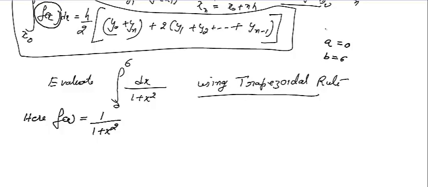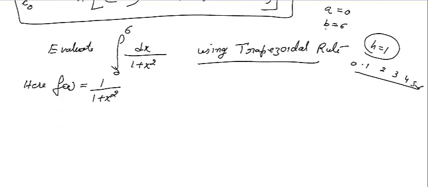Now here you are not given any kind of interval, means how many intervals you will break. Sometimes it will be given in the question. If it is not given, you can do it at your end, but you have to take equal intervals. So we can break into six equal intervals. Okay, so you can take h is equal to 1. Like you have a starting from 0 to 1, then 1 to 2, then 2 to 3, 3 to 4, 4 to 5, 5 to 6. Correct, like that. Okay, so what you will do here, you will make a table first.